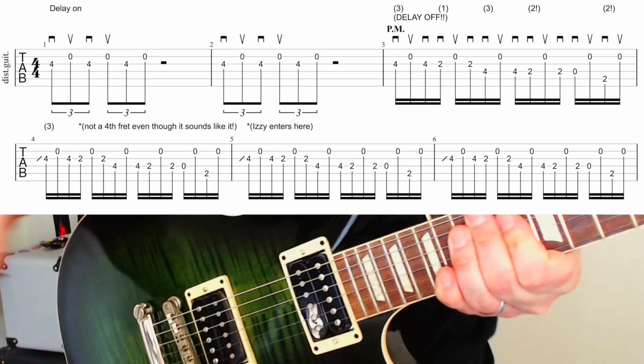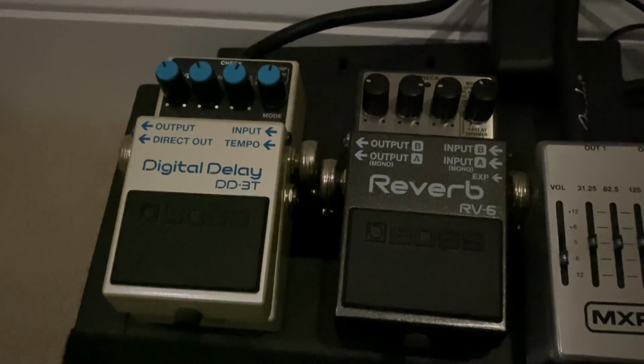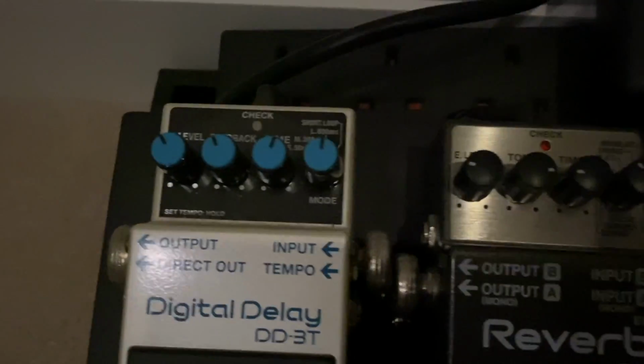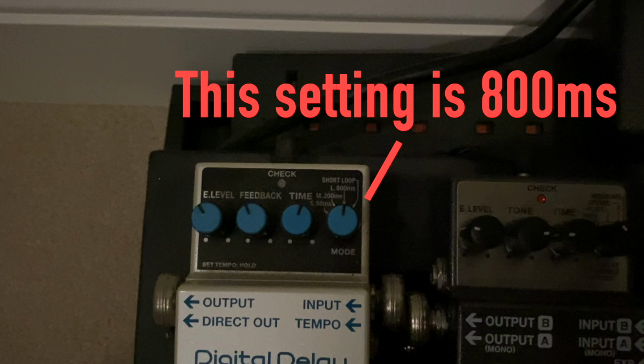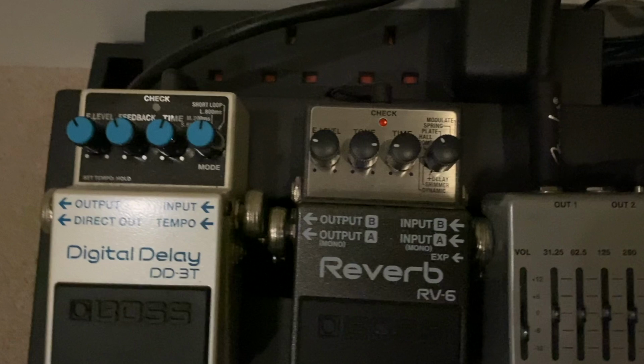I'll turn on the pedal here and I'll show you the effects that I'm using to achieve the effect. So this is a digital delay DD3T. I've got it running not in the main loop, so it's in the effects loop only, and the settings are showing up for you now. There's a little bit of reverb added into the mix as well, because I think it gives it the best